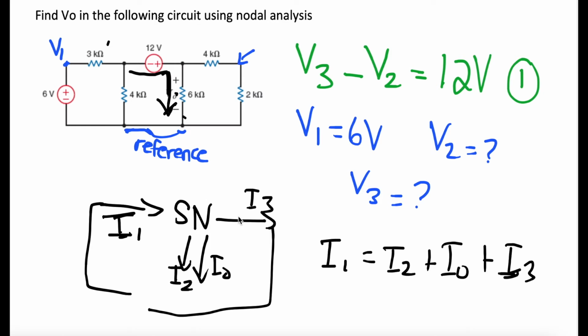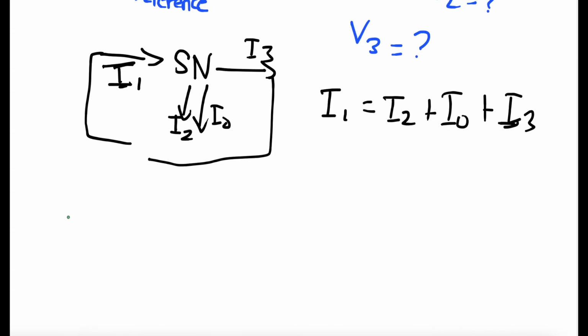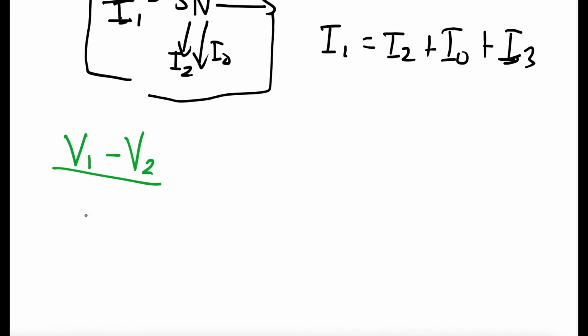So after making that assumption, let's see if we can use our KCL and nodal analysis to figure out another equation for the supernode, right? So if we have to make an equation for the supernode, let's take a look. We have V2 over here and V3 over here. So let's do what I1 is. What's the equation for I1? Well, I1 is essentially V1 minus V2 all over this resistor, which is 3 kilo ohms. So 3K. That's what I1 is.